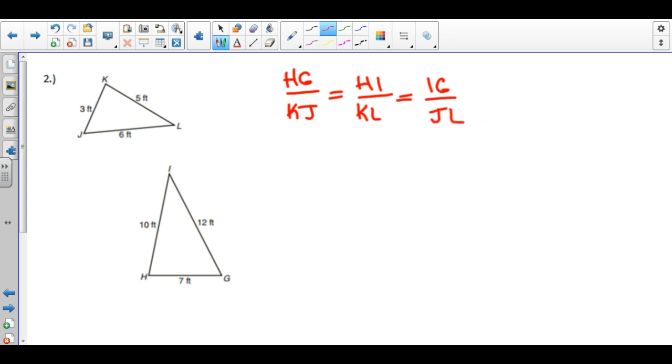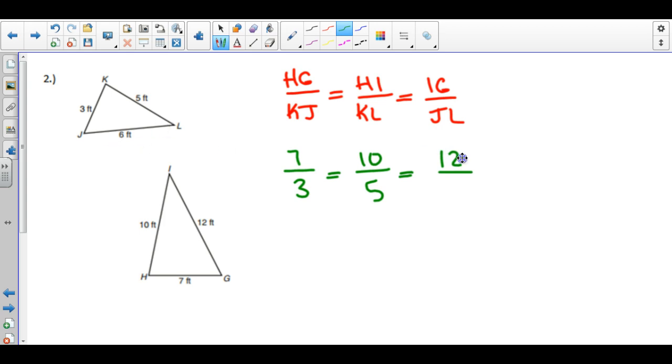And now we'll just start filling in our proportions with all of these measures. So I'm going to take HG, which is 7, over KJ, which is 3. And we're going to set that equal to HI, which is 10 feet, over KL, which is 5. And again, all I'm doing right now is filling in this giant proportion that I made before, just by filling in all these lengths. IG is the 12 right here,